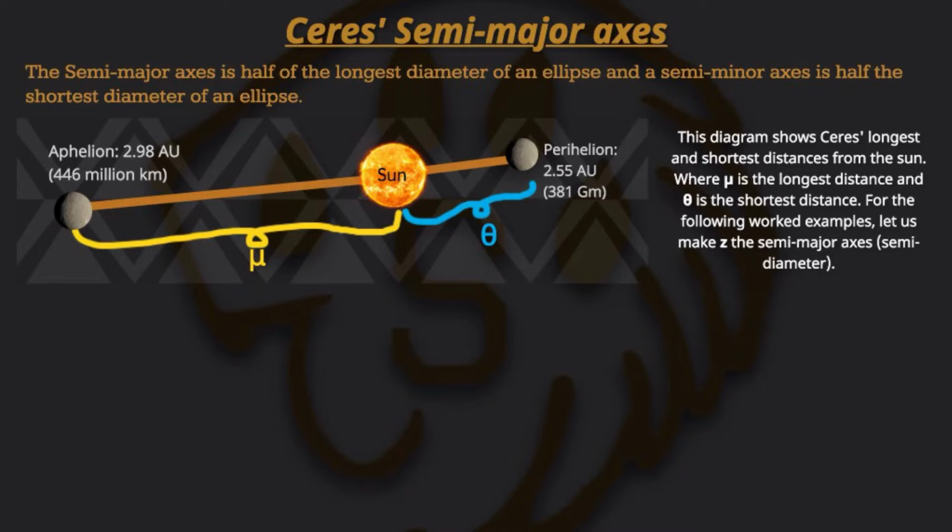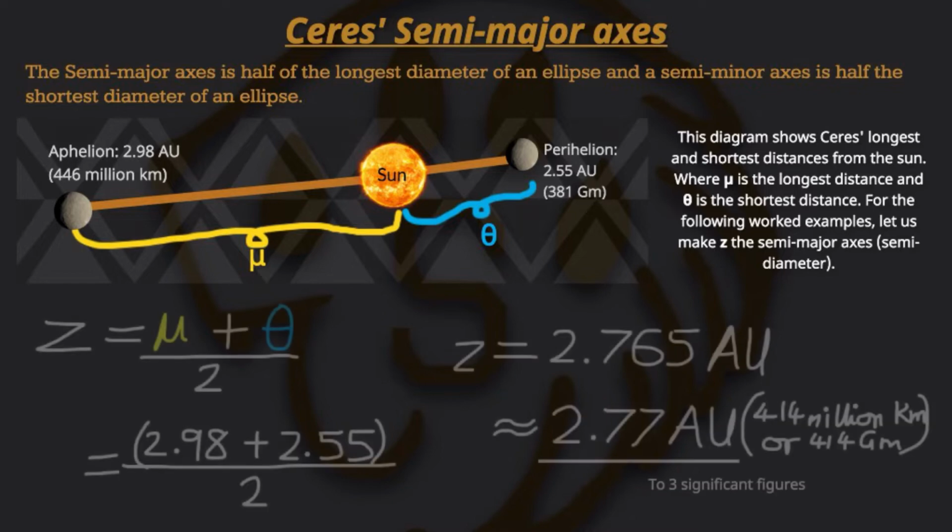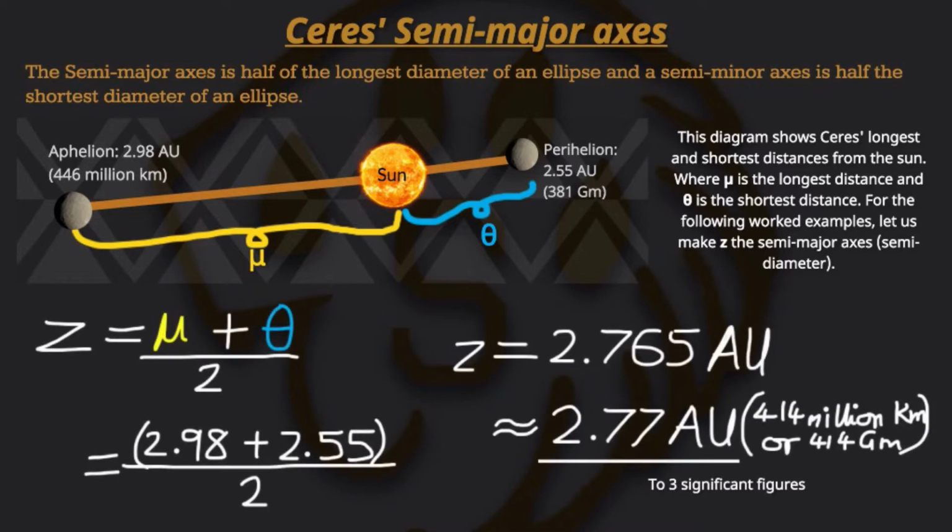Then we go back to our note, which says, for the following worked examples, let us make Z the semi-major axis, which we refer to as the semi-diameter. So our working will be Z, the semi-major axis, is equal to mu, the aphelion, plus theta, the perihelion, all over 2. So it is basically the sum of the aphelion and the perihelion divided by 2, like we're finding the average. That would be equal to 2.98 plus 2.55,